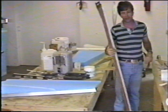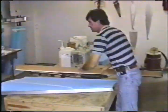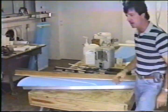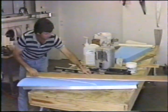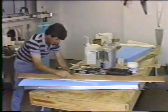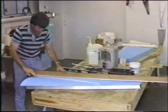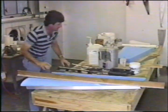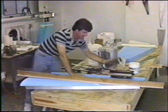Now that we've determined that we have a parallel condition between one end and the other, we'll go ahead and bar sand down to the templates, just like we do on the opposite side. We're not going to show you the entire process. The same things apply. We'll sand down relatively close. First, I'm going to concentrate on the micro portions to get rid of this before I work on the rest of it. And due to the fact that we have an extrusion supporting the trailing edge and we have the extrusions bonded in place, we no longer...